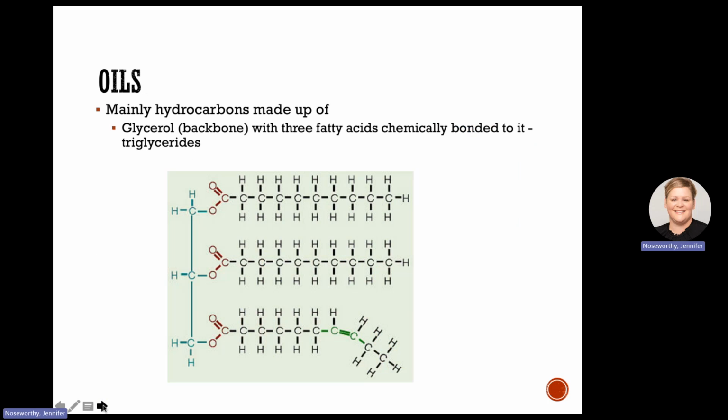Oils in and of themselves are made up of a glycerol backbone and 3 fatty acids looking like this. I don't want you to get too caught up in the chemistry of this, but it is important for understanding some of the consequences of these oils and why plant oils may in some ways be healthier oil sources than animal oils.